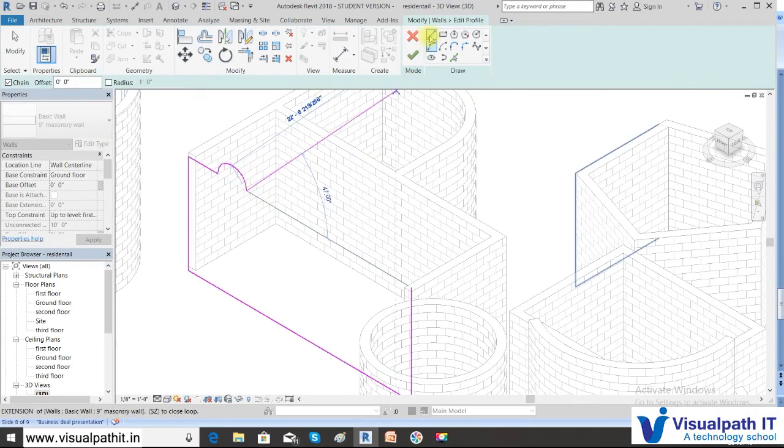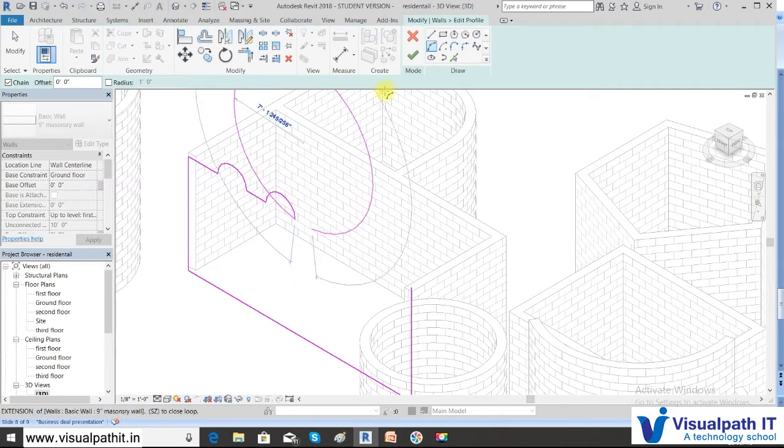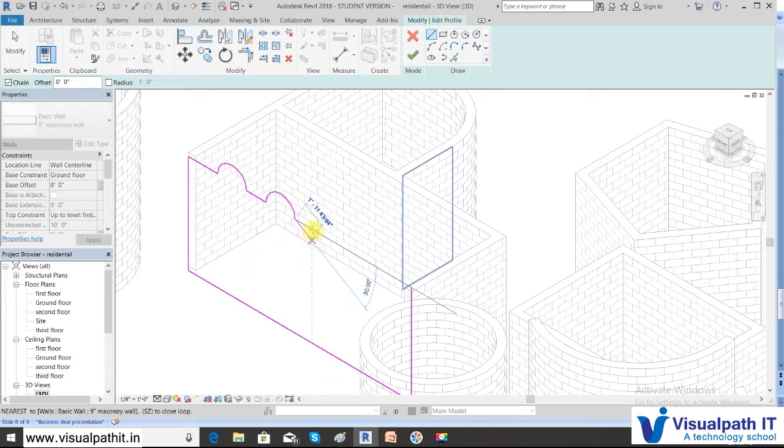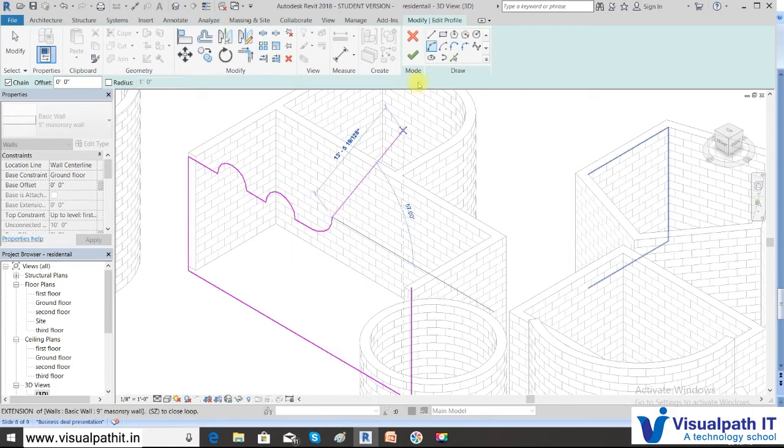Similarly a line, then again an arc, radius and an arc. Then do that continuously, but there should not be overlappings. If there are overlappings, it will show errors. So in order to avoid the overlappings, I draw the line and then draw the arc. Or you can even draw a straight line. So whatever shape you want on the line, you can try to draw it.